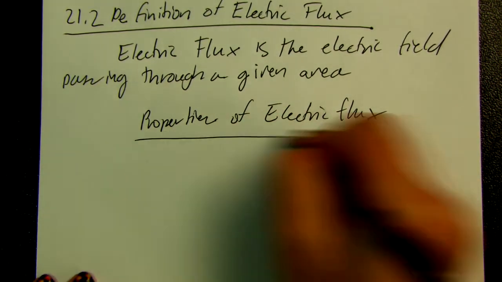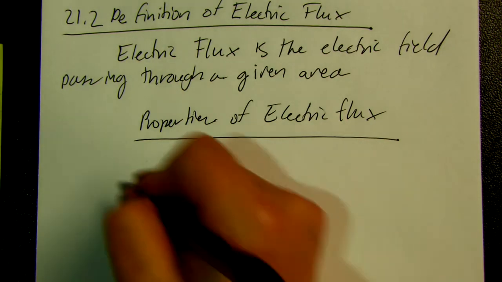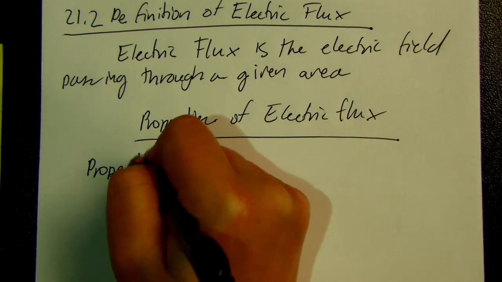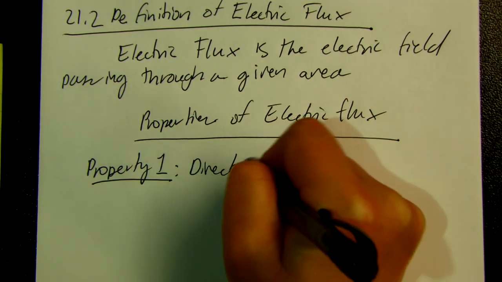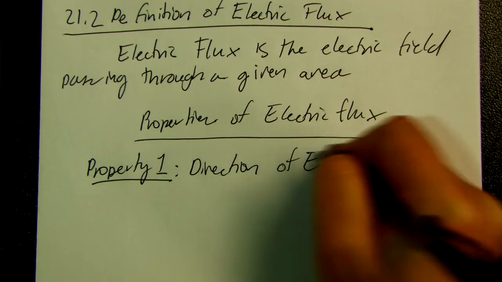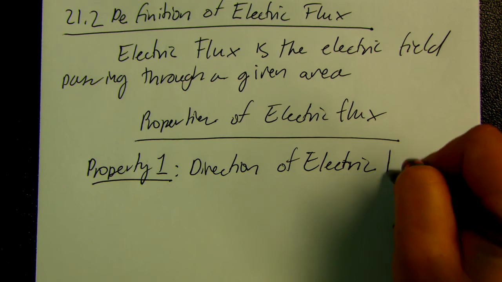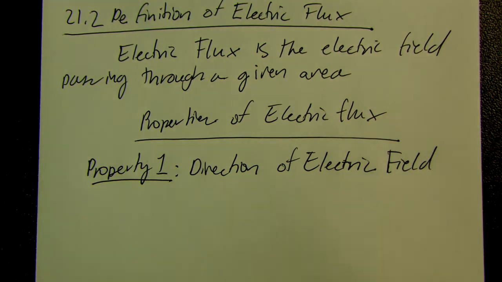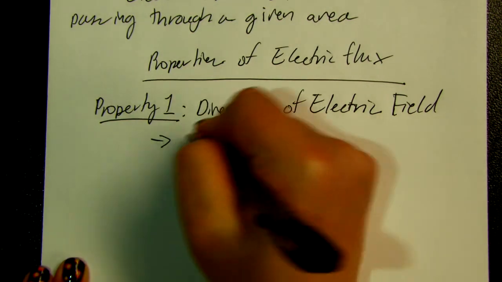Okay. So, property 1. The direction of electric field. It would make sense that the direction of the electric field would impact the flux. That's basically how we started the chapter. So we saw this already